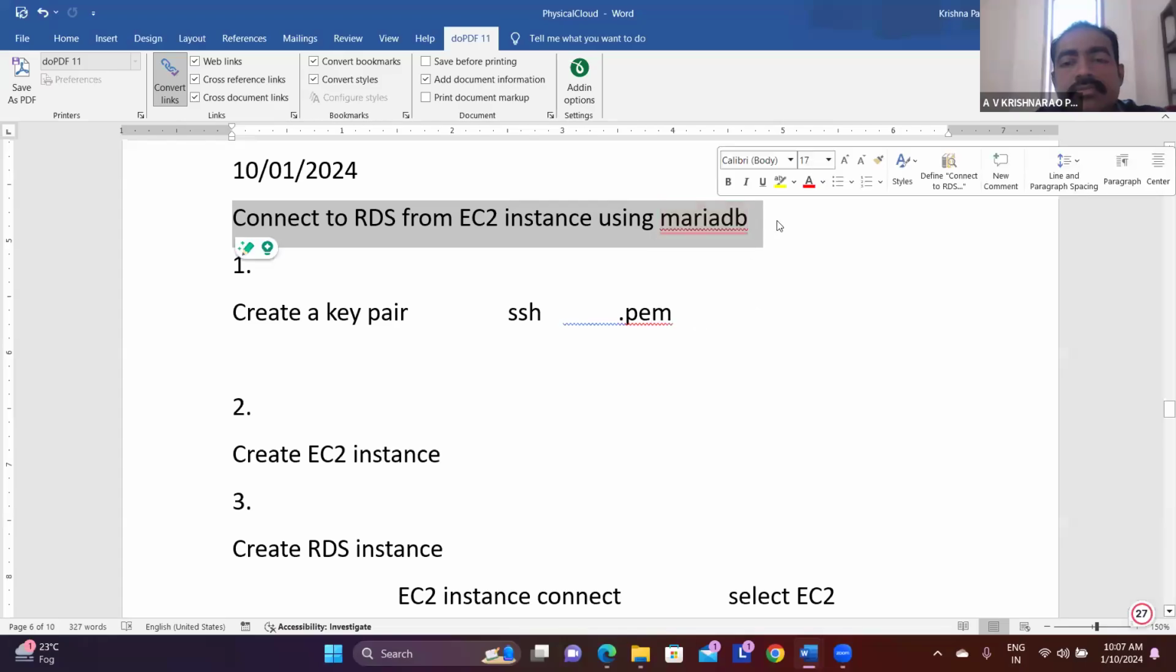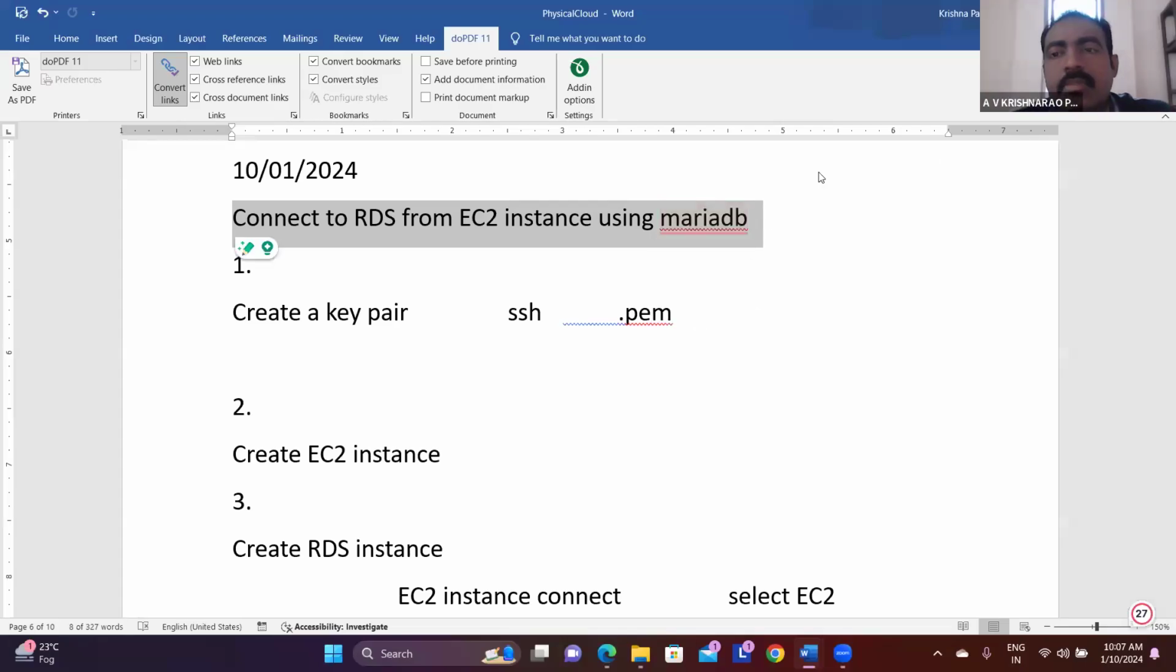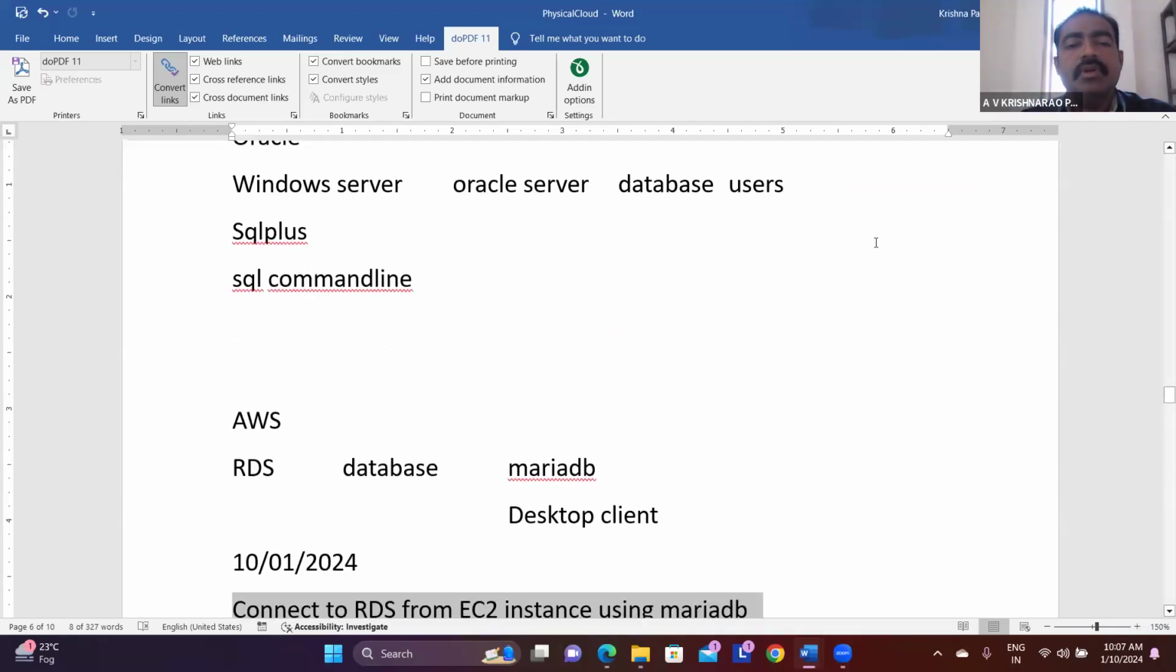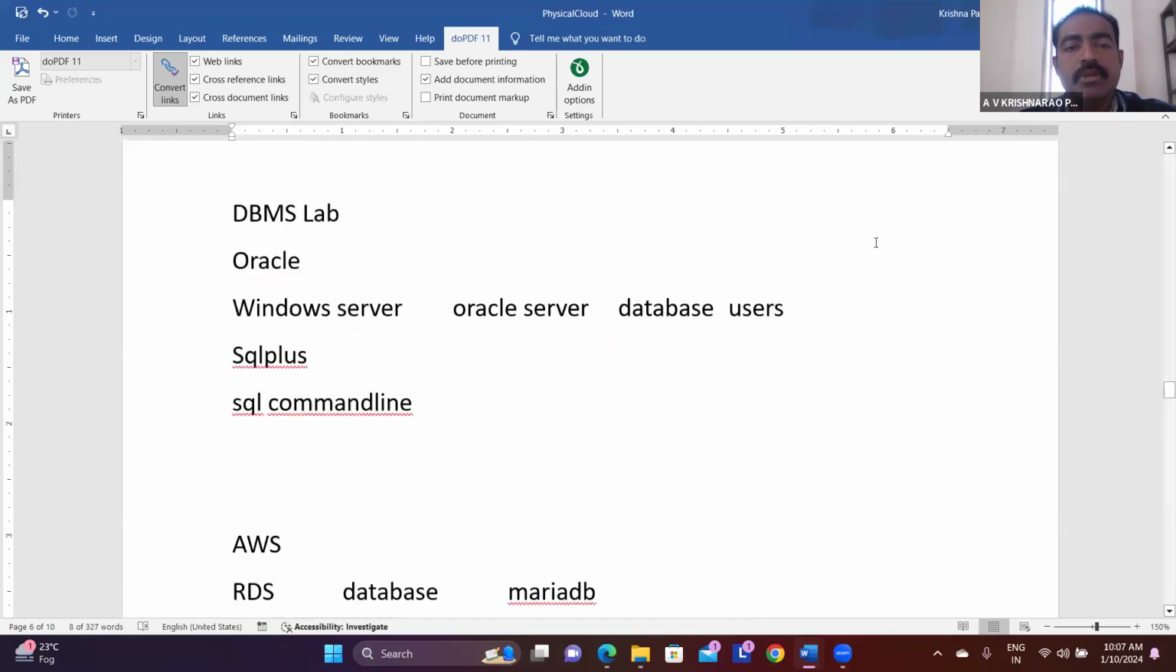So I am about to cover this one in today's session. In general, while working with relational databases, you might be making use of